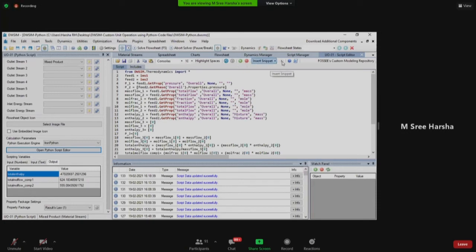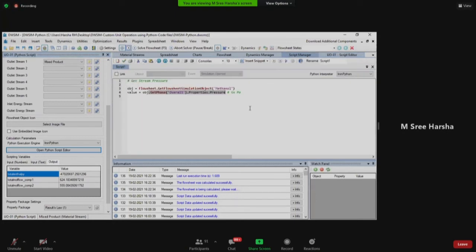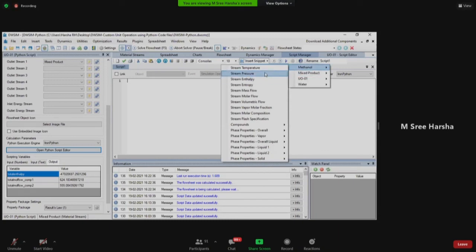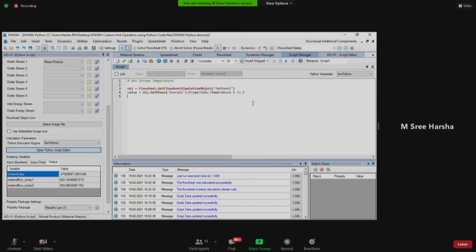Now if I run the code, it has simulated. In the tutorial they have provided this get prop, but you need not memorize anything. You can use this snippet part so that it will generate the snippets of the code. If you want to get the temperature or the pressure of the stream, then it will generate the code for how to get the temperature of that